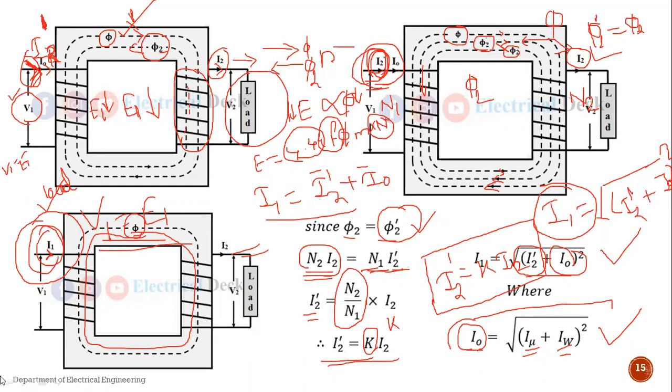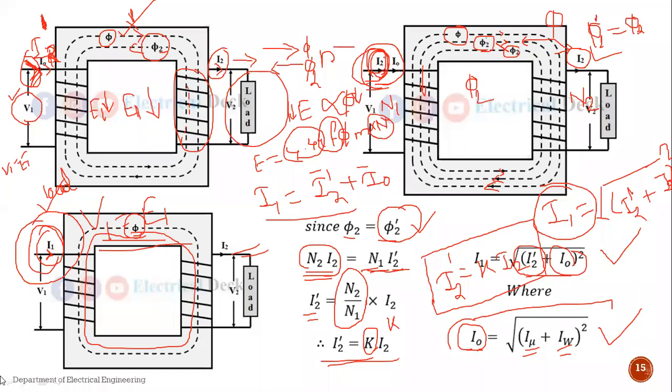And see, the final conclusion is that at a no load condition, the supply current is resolved into two components, and at load condition again it is resolved into two components. So the operation of the transformer is the same for both conditions, either no load condition or load condition. And this is the transformer on load condition, and the phasor diagram for that will depend upon which type of load is connected.